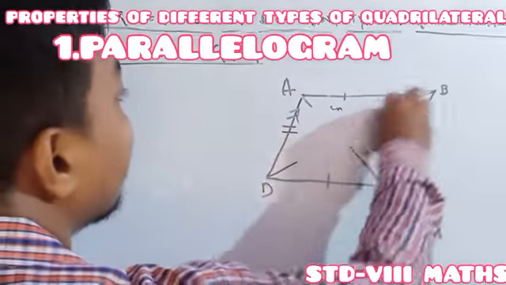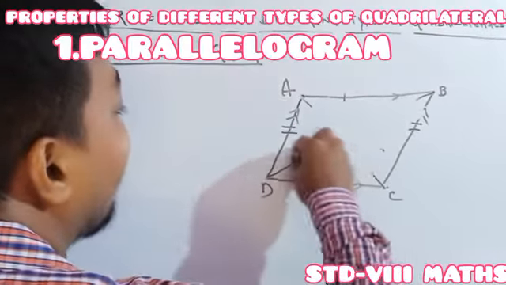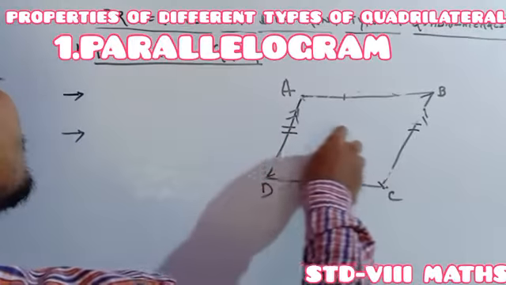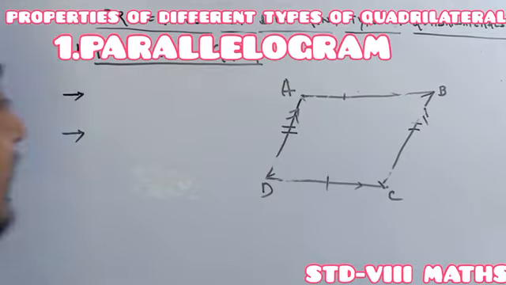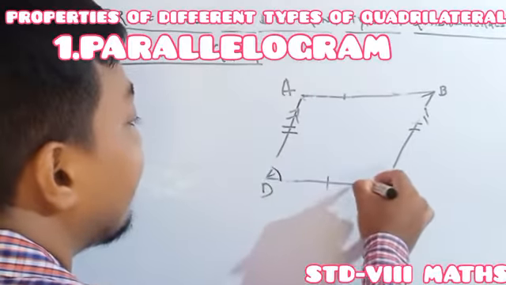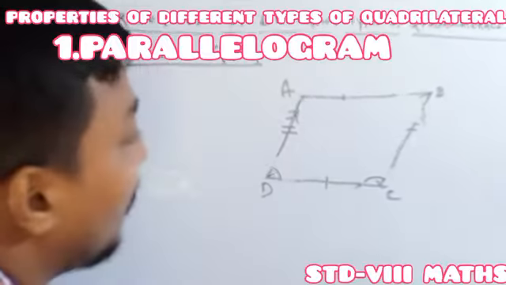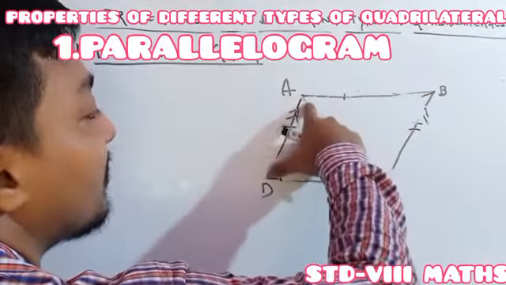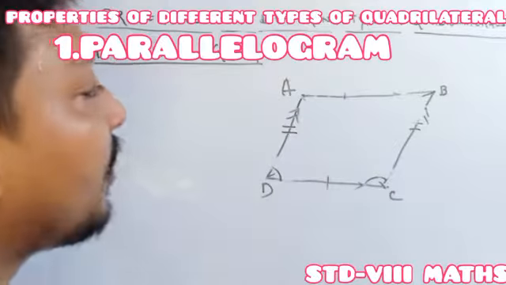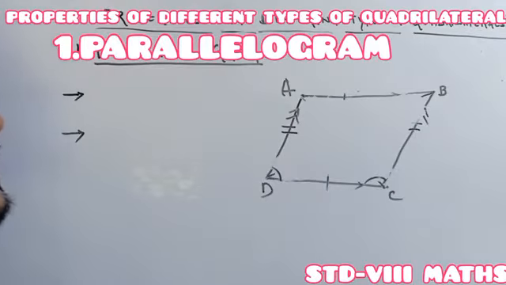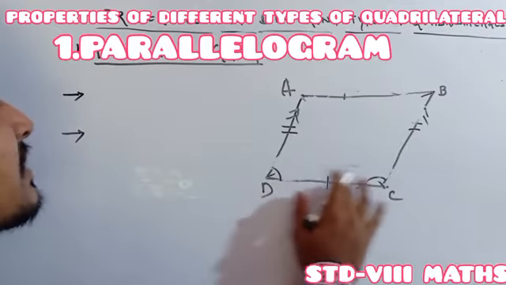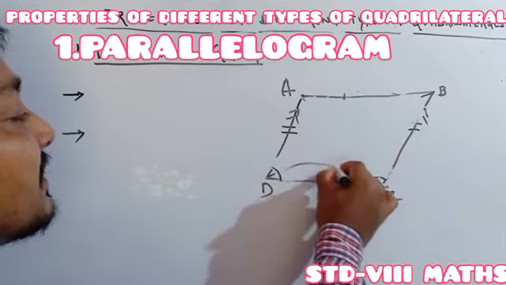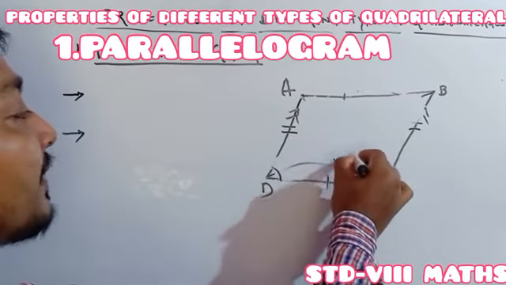See, I am erasing this one. Now we will talk regarding our angles. See, here it is. This angle, both are adjacent. Also these two are adjacent angles. Also these two are adjacent angles. Also these two are adjacent angles. So remember another point, that the pair of adjacent angles, their sum is equal to 180 degrees. It means this one plus this one is your 180 degrees.